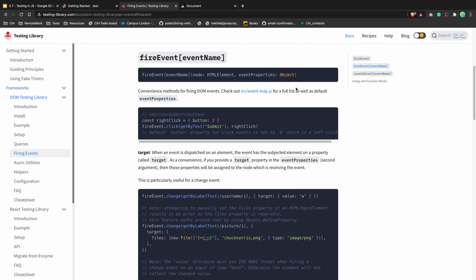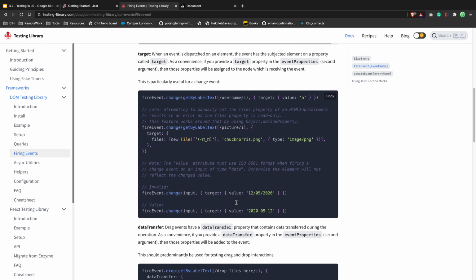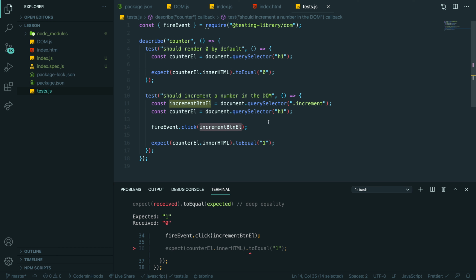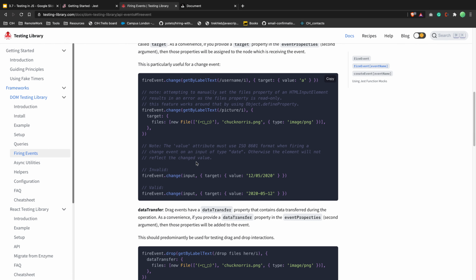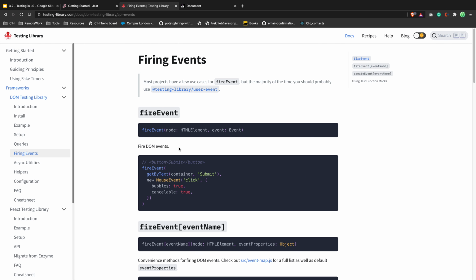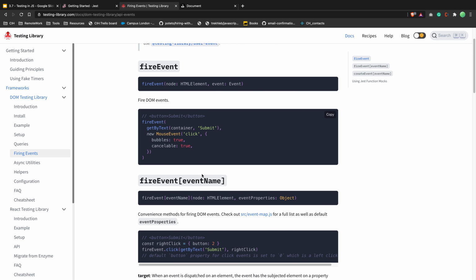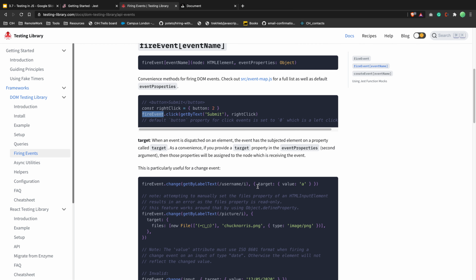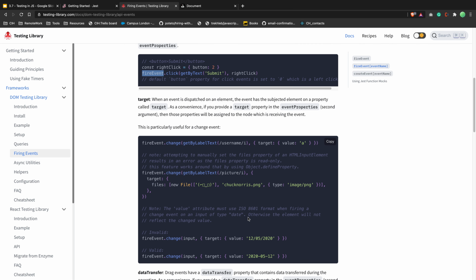Have click, get by text name, right click. So you need to pass your element and where's fire events. And let me just check. Fire event. Click button 2. Okay, so you're passing some specific, which is fine, not for us. We're just clicking.